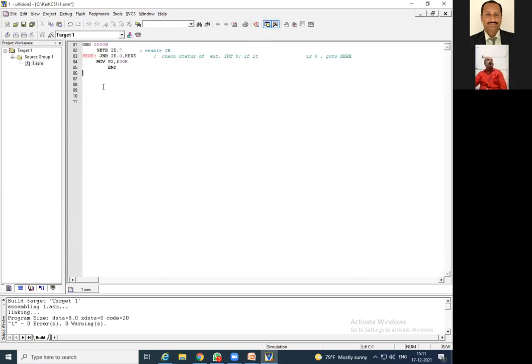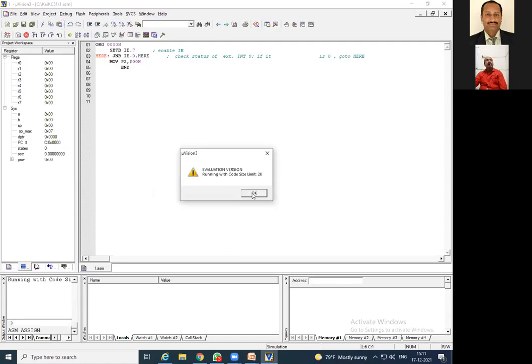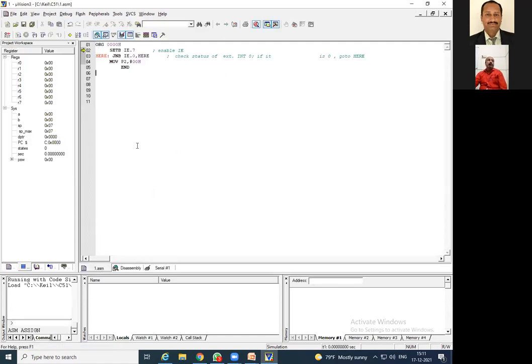I have just pasted this code over here, saved, and I will debug this once again. As the debugging has run, it has not shown any syntax error. Now I will start the debug process and run the program. But before running, we should understand the logic we have used, and accordingly the registers we are supposed to turn on.